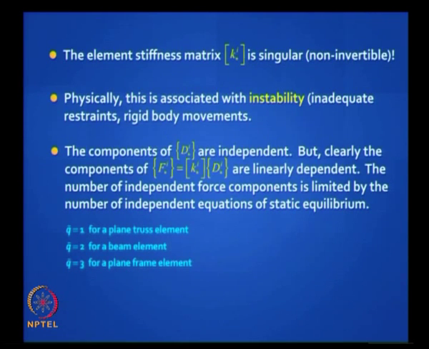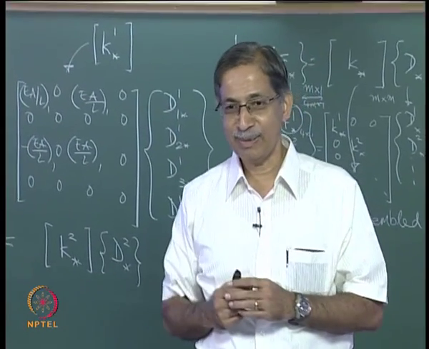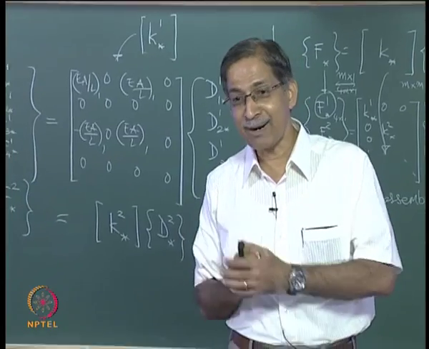So I am using the notation Q for the conventional stiffness method, where Q is 4 for the plane truss element, but it reduces to 1. So I put a Q tilde, that sign is called tilde. Q tilde is 2 for beam element, Q tilde is 3 for a plane frame element. Now I want you to fill in the blanks. What about a space truss element? 6 by 6 is what you get if you follow the conventional stiffness method, but what is the rank of that matrix?